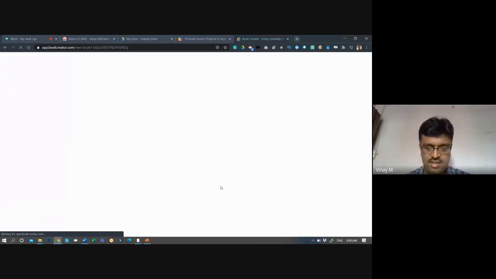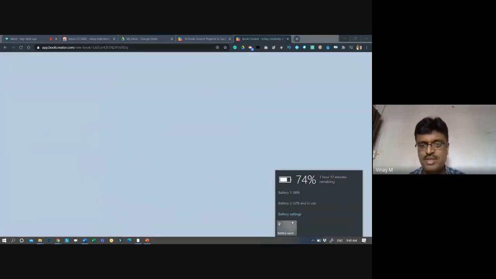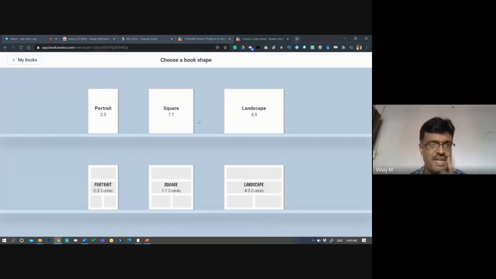The net is quite slow today. My system generally does not go so slow, and it should work a little faster because I have a high-speed internet compared to everybody's. The system is also with SSD, so it should work, but it's taking some time today.